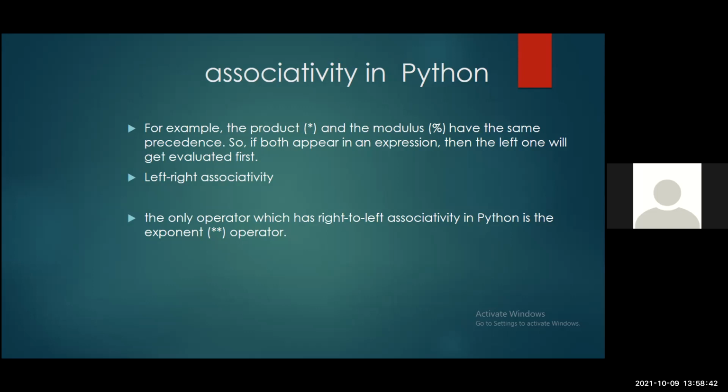The left-right associativity means you execute the expression from left to right. Whichever operator comes first is the one that we compute, and then you proceed to the next. So basically that is left-right associativity. And in Python, is this always true in all modules and packages? Does this stay true the whole time? Yes, it's true. Okay, thank you.